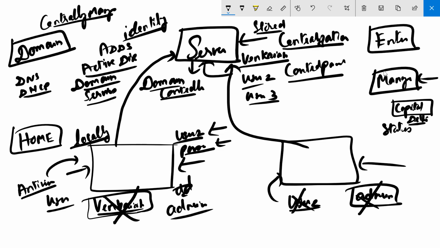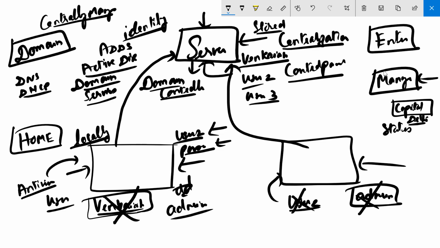Now, you have already seen that on your corporate laptop. You are not able to change settings. You're not able to install software on a corporate laptop. Why are you not able to do that? Because the server decides it. And is there any user account for you on your laptop? No, it is there on a server. So if you were to check your user accounts list on your laptop, you will not see that because it's on the server. There'll be no name for you on your computer because your name is defined on the server.